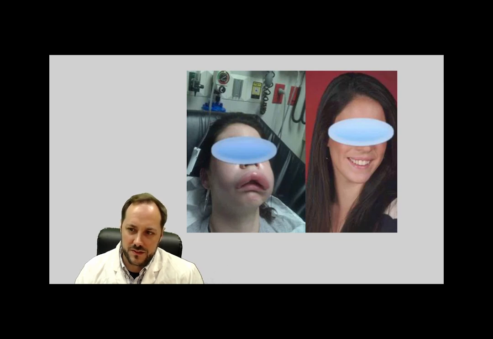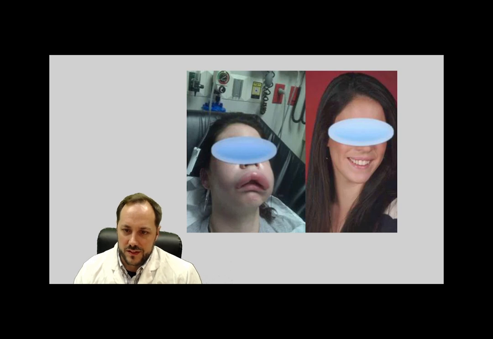So let's say somebody comes in and you look through their chart, you're trying to give them stroke medicine, and they have no hemorrhage on the CAT scan, and they have no active sources of bleeding. Sometimes you're waiting for their INR to come back if they're on any type of blood thinner. Sometimes you're just proceeding without the labs coming back, and then they get the medicine, everything's going well, until they start to mention something, a funny feeling on their lips, usually a tingling sensation, and then they start to get swelling of their lips, and this would be a classic